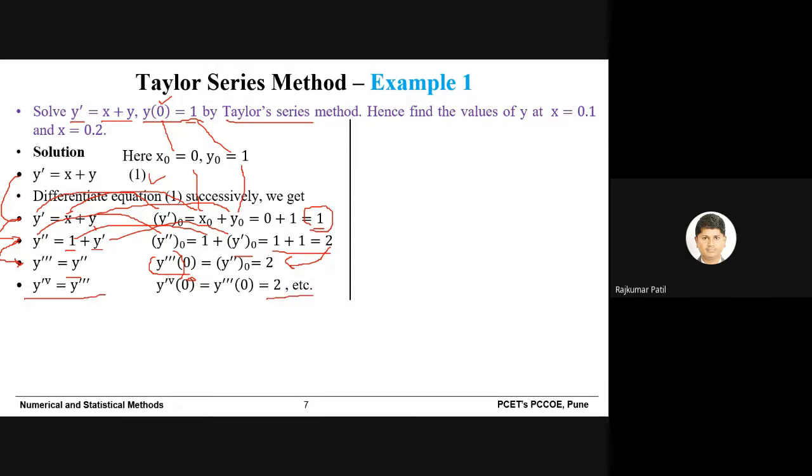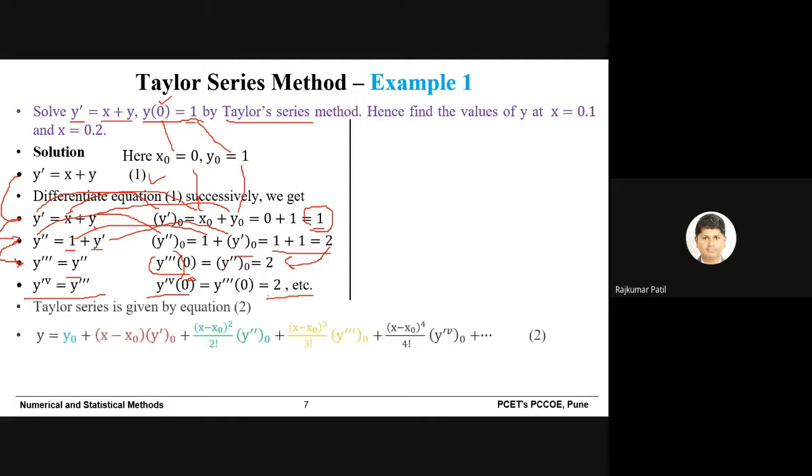So once again we calculate y raised to 4, and by putting its initial conditions, you will get y raised to 4 naught as 2. So for this particular problem, you need not calculate the higher terms, because higher terms will also have the same values. Then, once you get all these values, you need to write